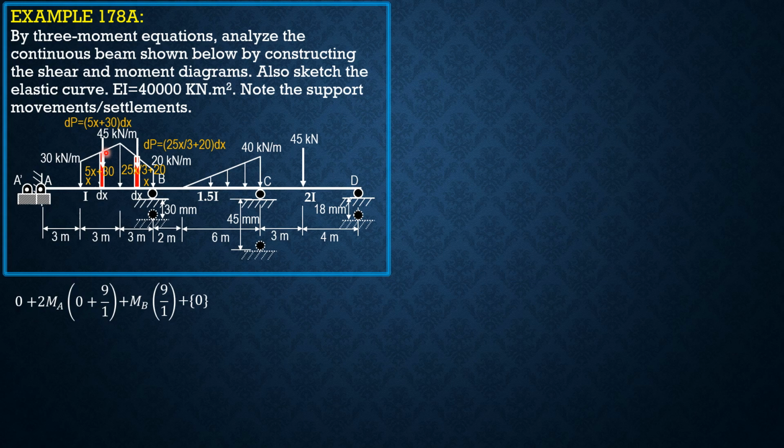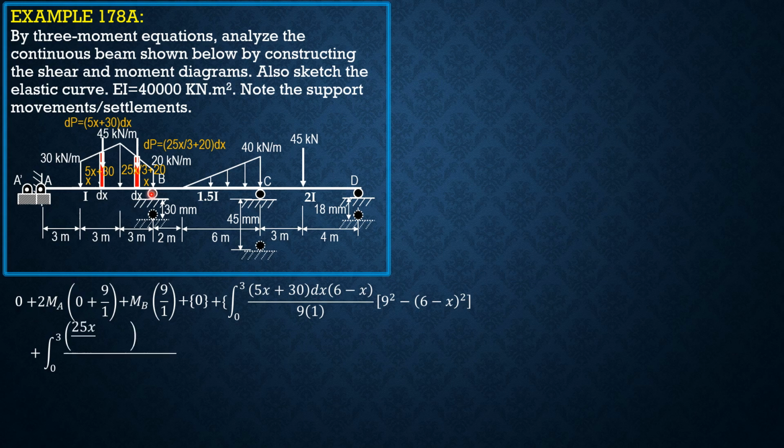So integral of quantity 5x plus 30 dx from 0 to 3 times b, which is 6 minus x. If that is x, this is 6 minus x, all over L 9 times 1, quantity L square minus B square. Then for this case, integral from 0 to 3 also of 25x over 3 plus 20 dx. B is x all over L 9 times 1, quantity 9 square minus x square. Then equals